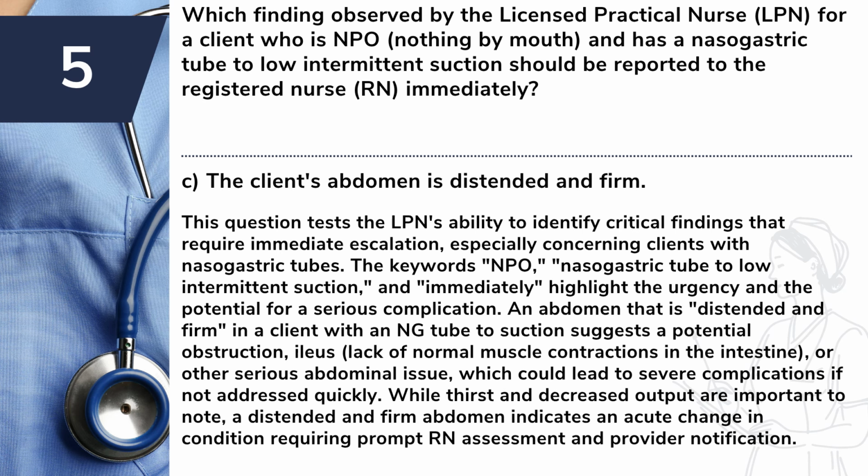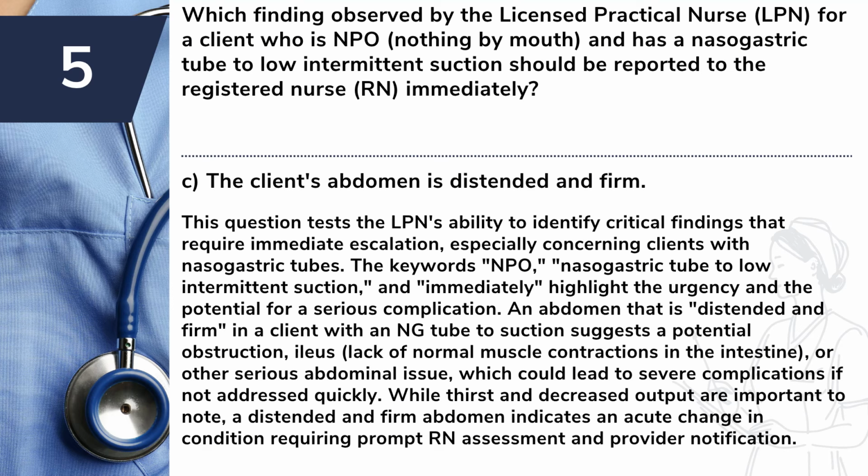Answer C. The client's abdomen is distended and firm. This question tests the LPN's ability to identify critical findings that require immediate escalation, especially concerning clients with nasogastric tubes. The keywords NPO, nasogastric tube to low intermittent suction, and immediately highlight the urgency and the potential for a serious complication. An abdomen that is distended and firm in a client with an NG tube to suction suggests a potential